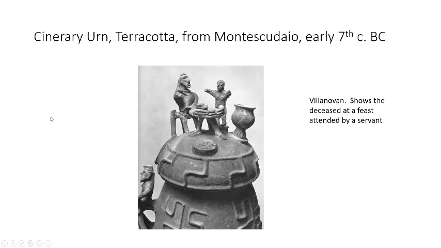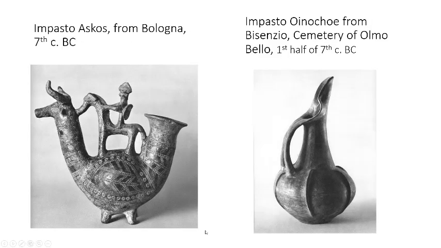Like I've said before, even when we saw things made out of bronze, sometimes the Etruscans created vessels, but also then created sculptures that went on top of those vessels. Here is a vessel called an askos, dated from the 7th century, with a sculpture of a warrior on a horse placed on top. And here is a sort of pitcher made of